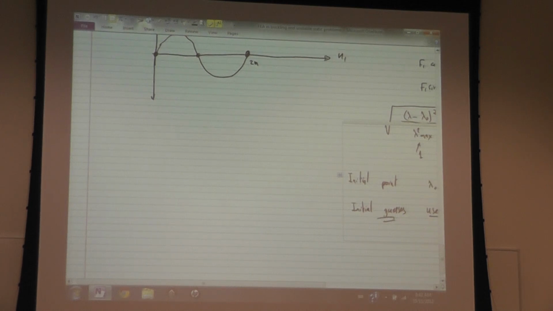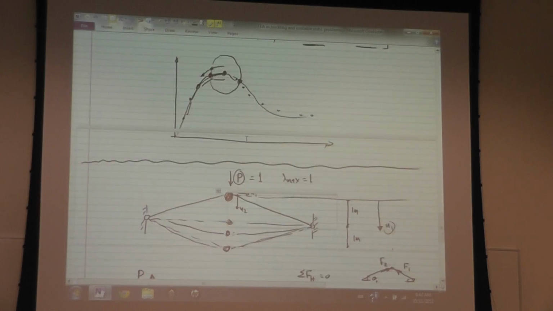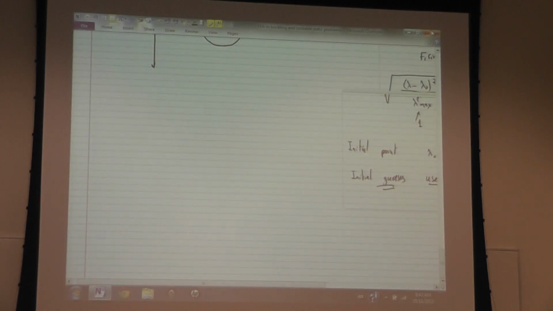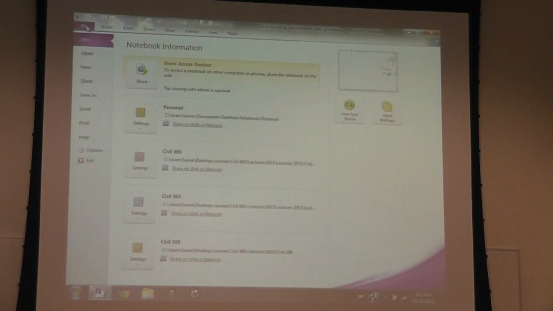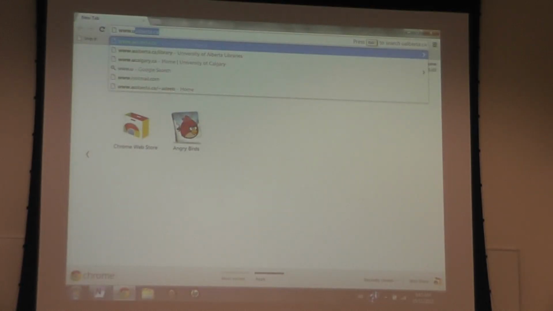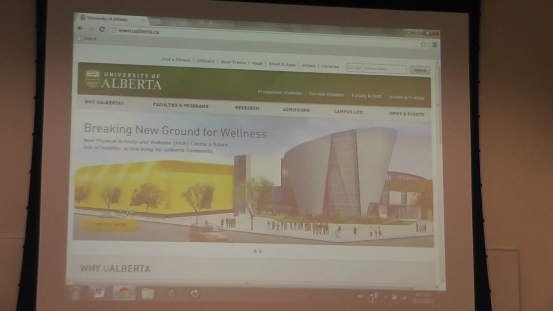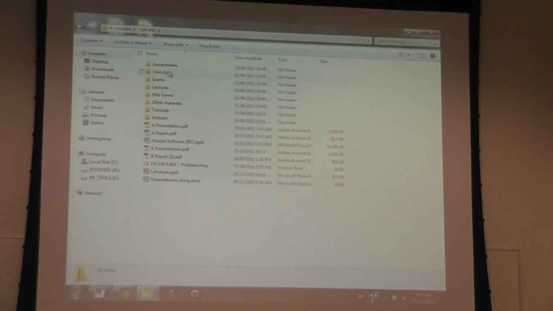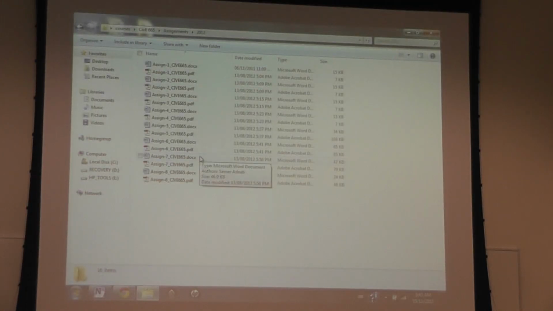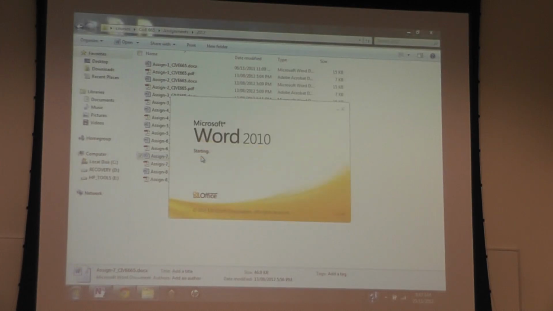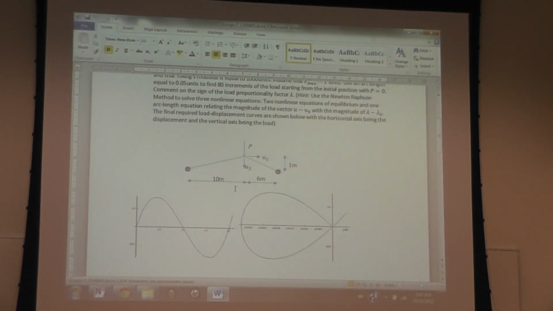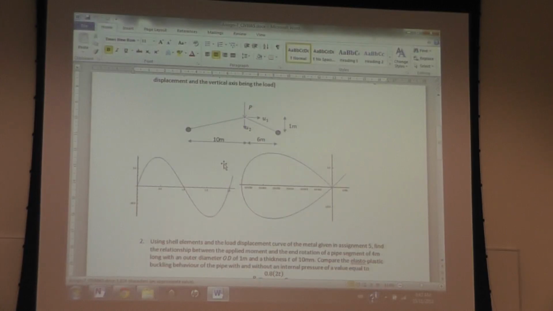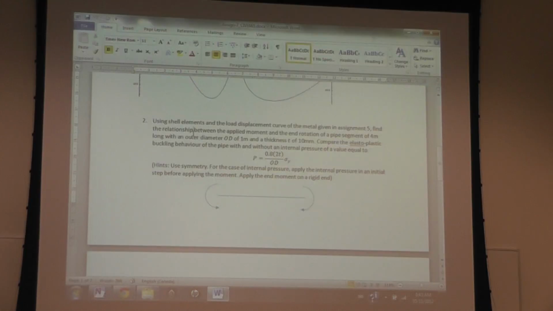For your assignment, I've asked for the following. This is the first problem, and the second problem is as follows. This is your first problem, and I already gave you the solution, so this is what you expect to see. And for the second problem,